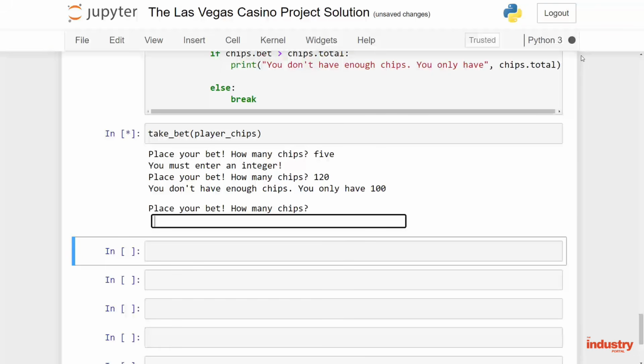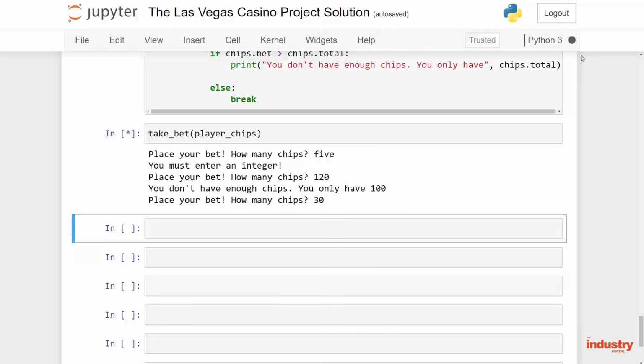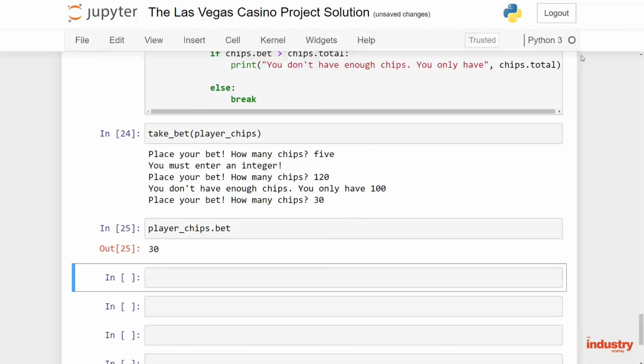So let's now place a bet which is an integer and is also less than the total of 100. If I place a bet of 30, when I press return you can see that we're no longer asked to place a bet. If I take a look to see what's stored in player_chips.bet, accessing the bet attribute, you can see that it currently stores 30, and we would then expect this